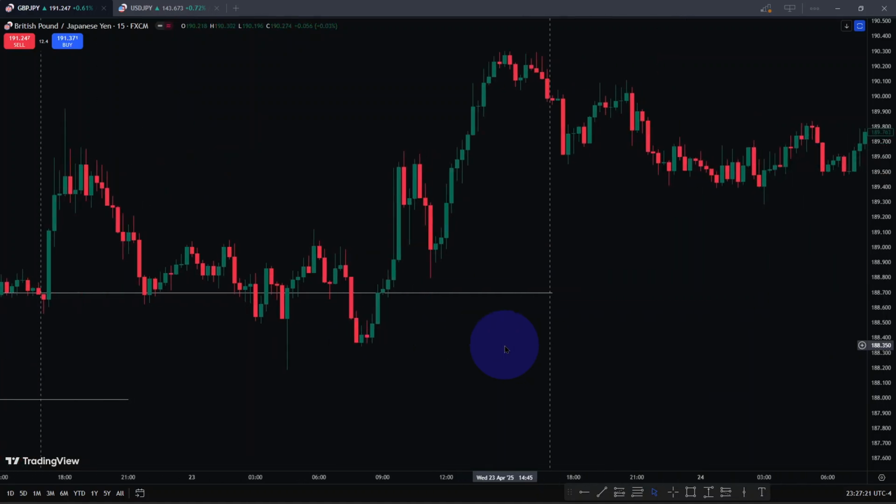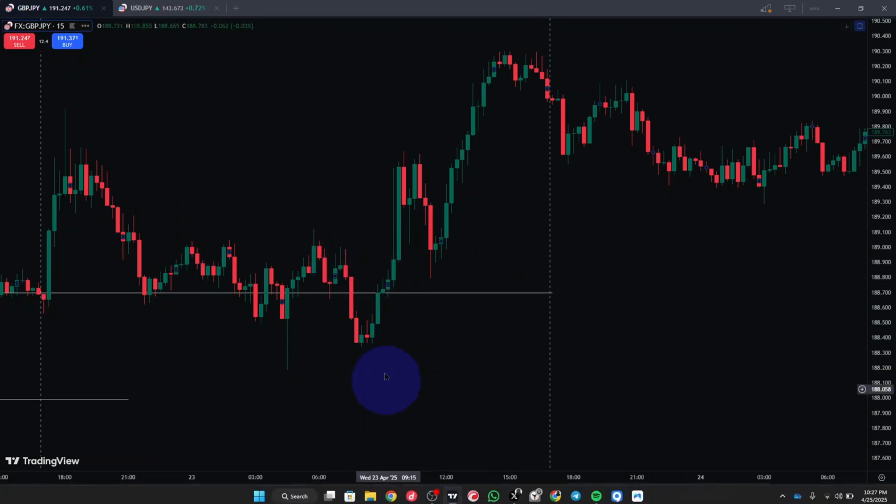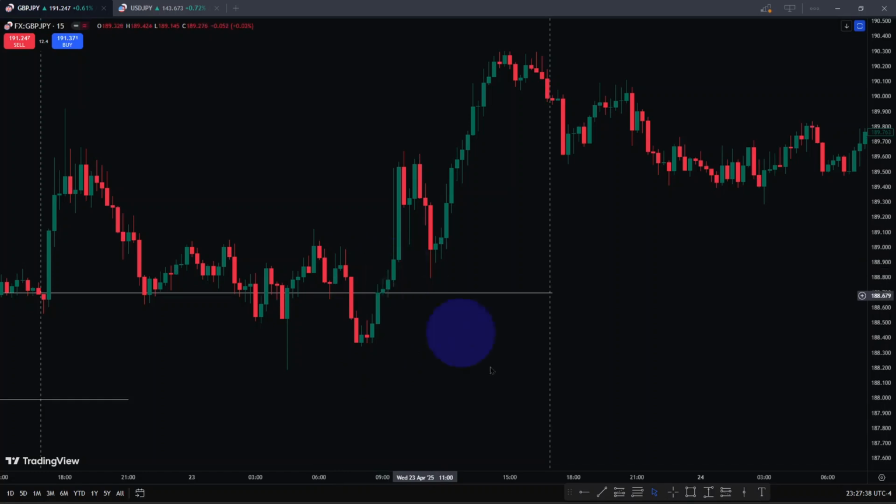The markets are probabilistic. Anything whatsoever can happen. And there is another entry here. You can see as soon as the market closed above this candle here,